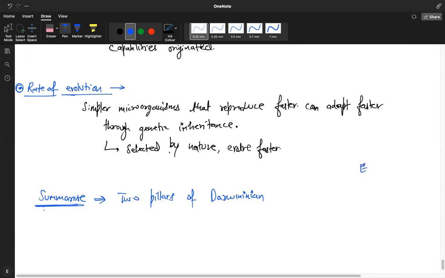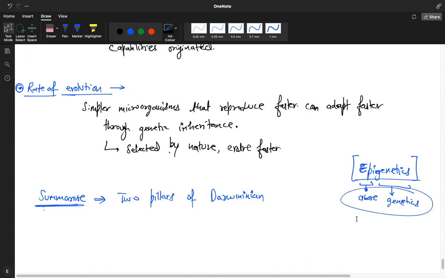If any one of you is interested in doing something outside your coursework, go and read about epigenetics. It is a fairly new branch of science, which is a part of genetics. It's called epi because what does the word epi mean? Epidermis, epithelium. No, over, above, right? Outer, you are correct. So epi means above, and genetics means the classical genetics. So it is above genetics. There are certain things which we cannot understand only by studying genetics.